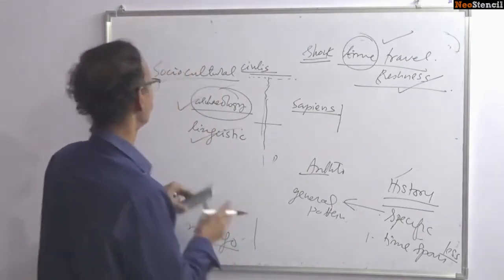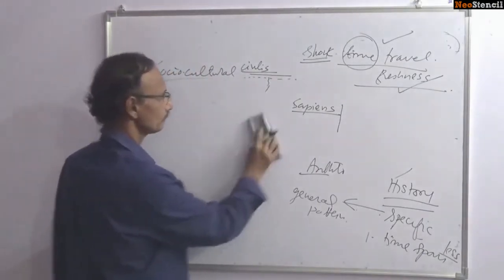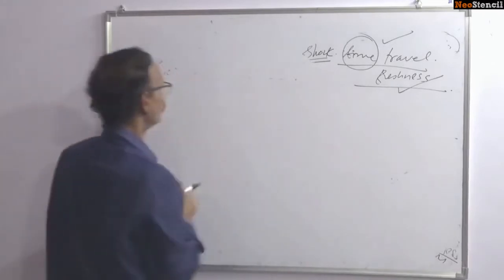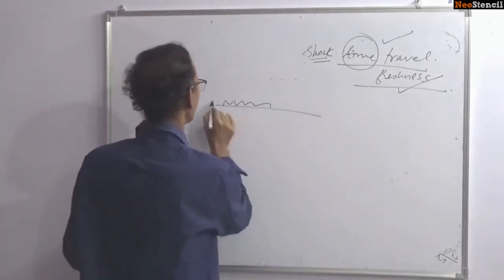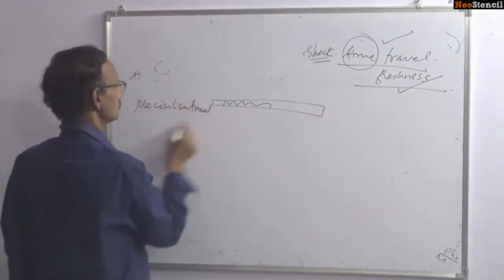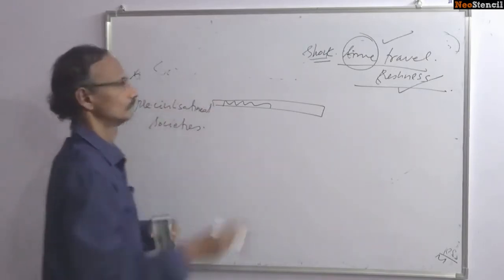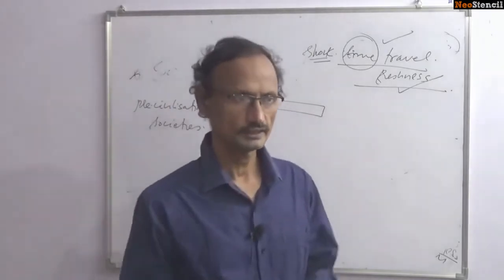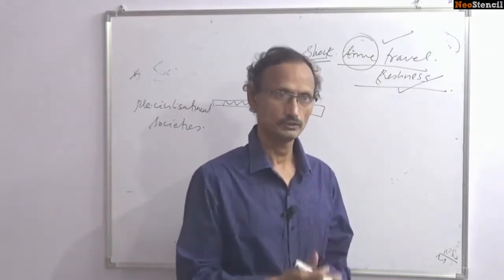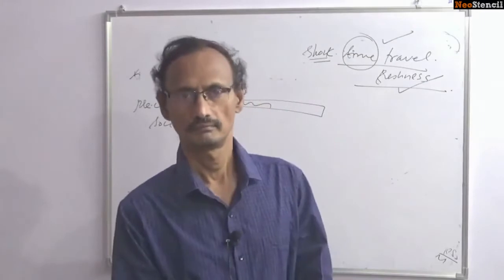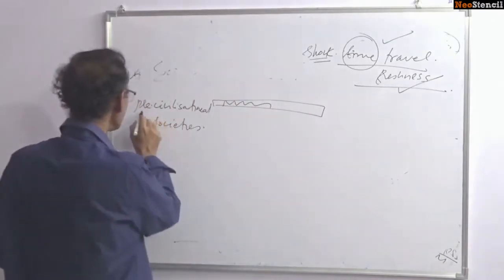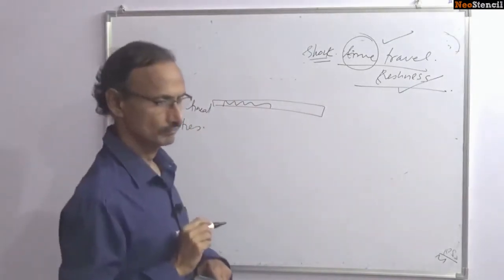And finally, anthropology, starting from primates, comes to what you can call pre-civilizational societies. Societies before civilization: hunting, gathering, shifting cultivation, pastoralism. So it comes to pre-civilizational. And then